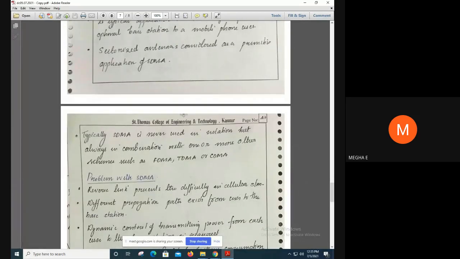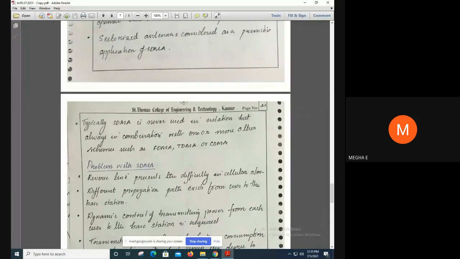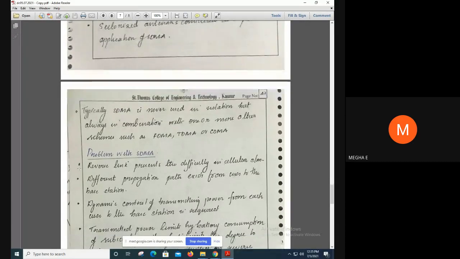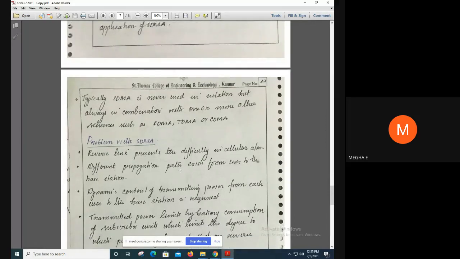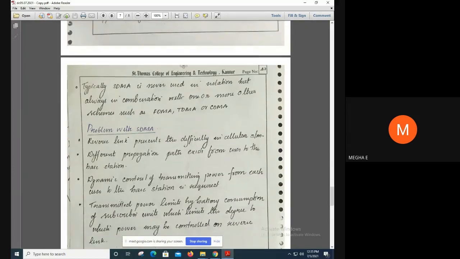And now discussing the problems with SDMA: the reverse link presents a difficulty in cellular systems. The reverse link is a problem with SDMA, as different propagation paths exist from users to the base station. This is one of the problems. Dynamic control of the transmitting power from the user to the base station is required.